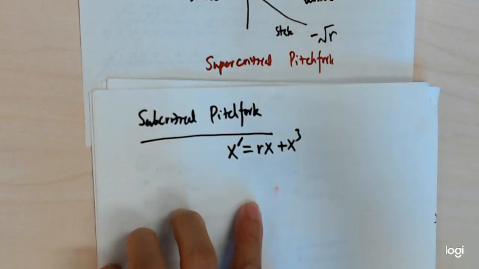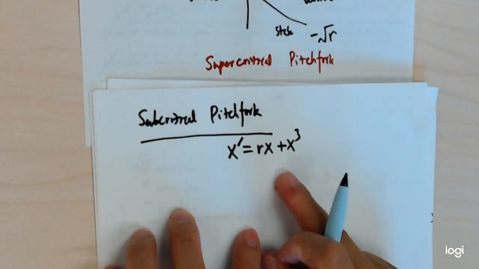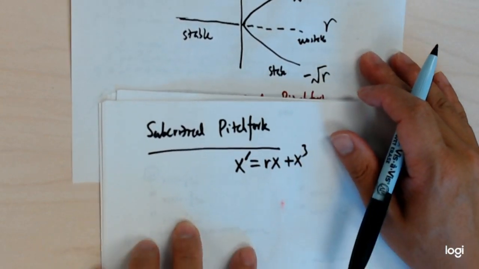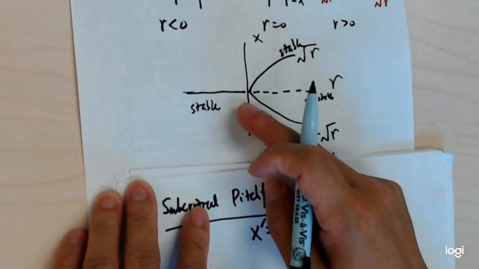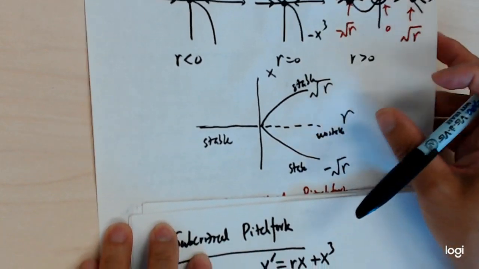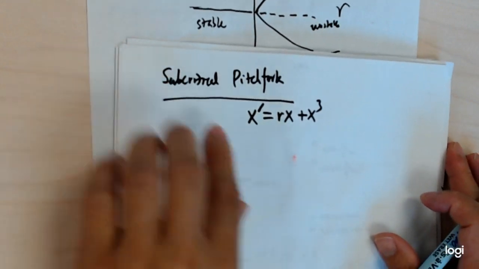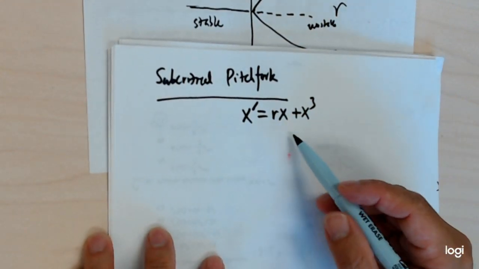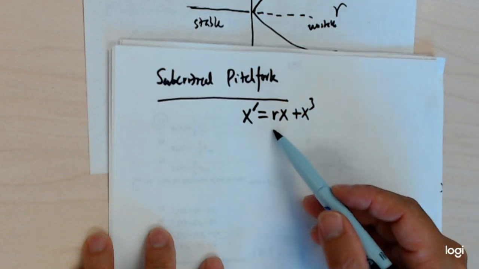Not all the equilibria are at 0, for example; they may be somewhere else, but as long as this is how the bifurcation diagram looks, we will call this supercritical. Subcritical: Rx plus x cubed. So you can do similar analysis. It turns out for this problem here,